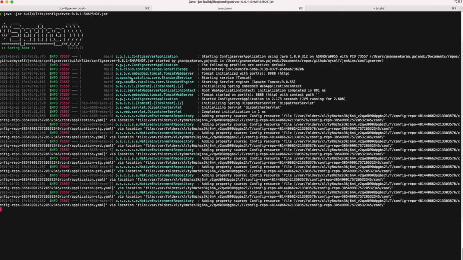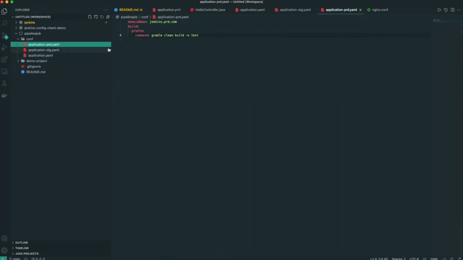In case there is a variable that is applicable only in production, that means we can declare it only here. Example, prod var, prd value. So let me commit this one.